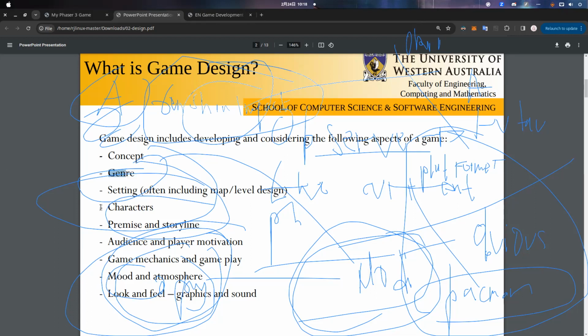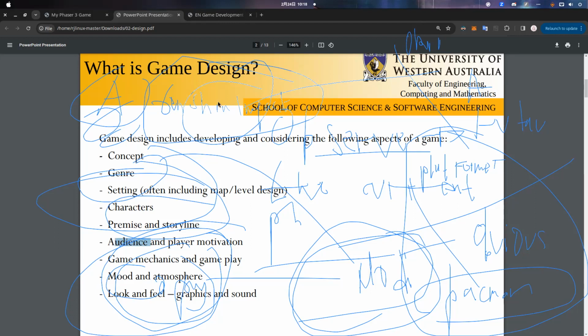Because of the audience, we have to adjust our games to be family friendly. For example, it's not possible to create a game that has gore. If you kill an enemy and it has gore, we can't do that for the type of audience that is below, for example, primary level.